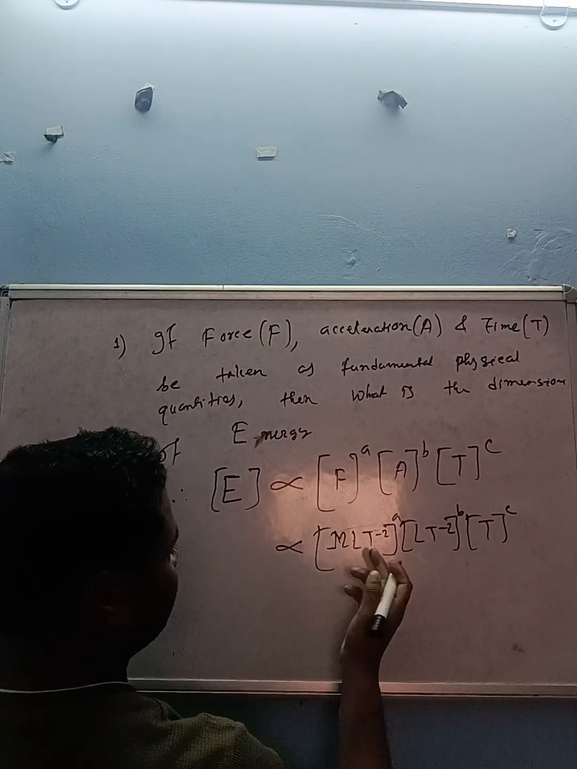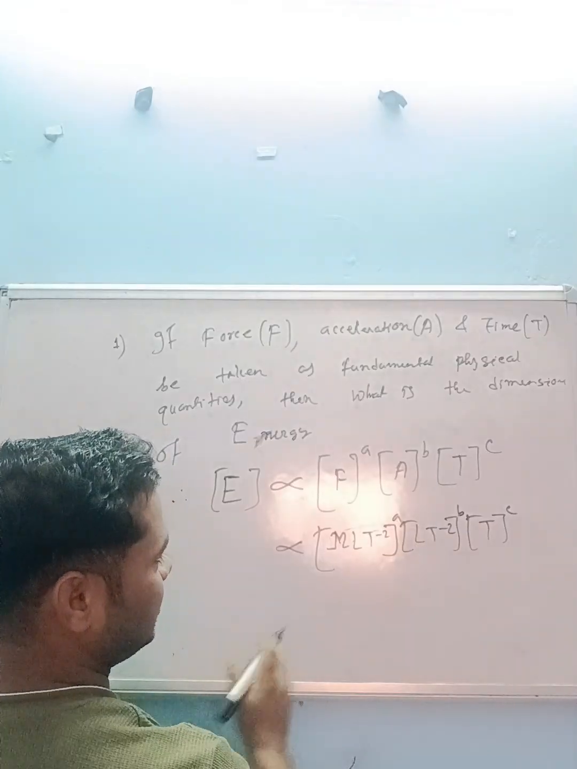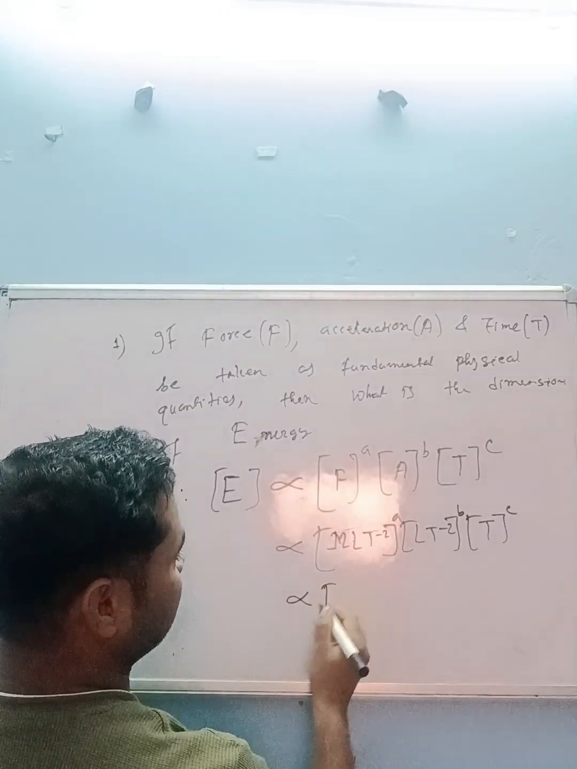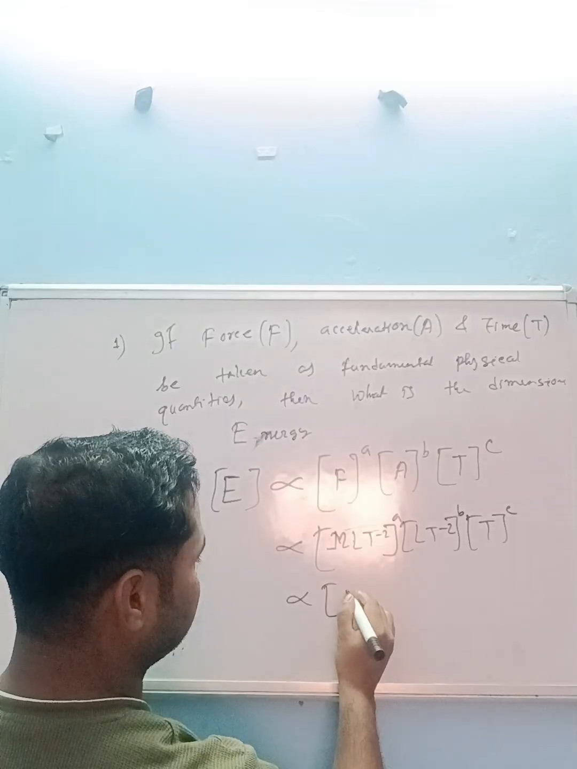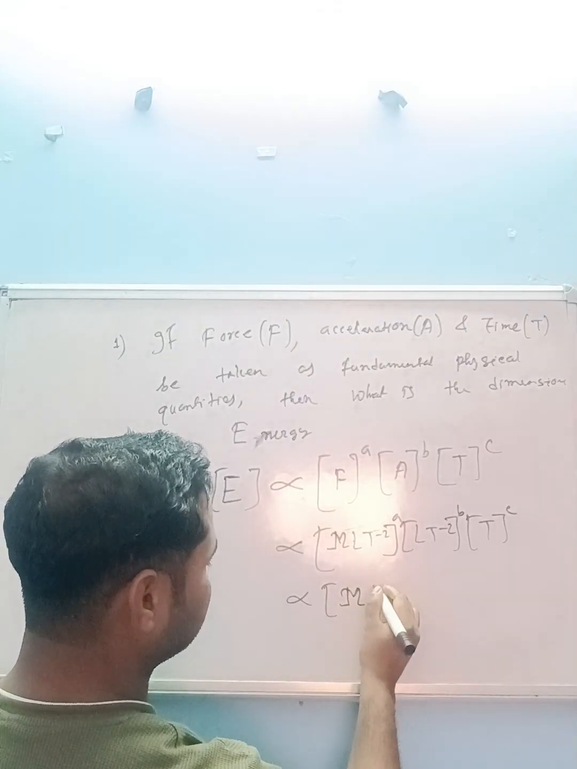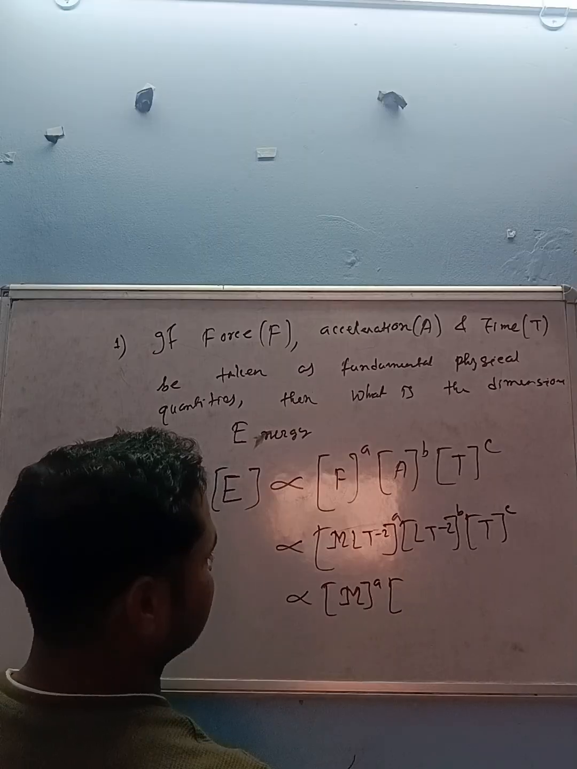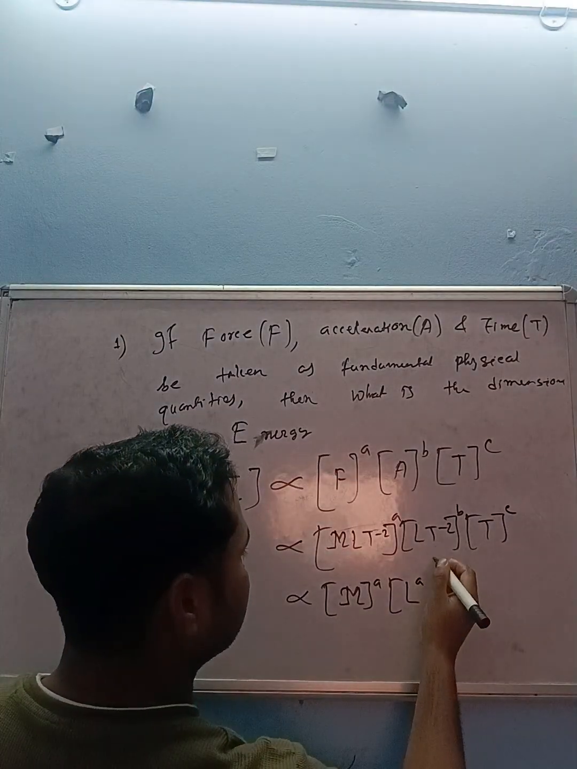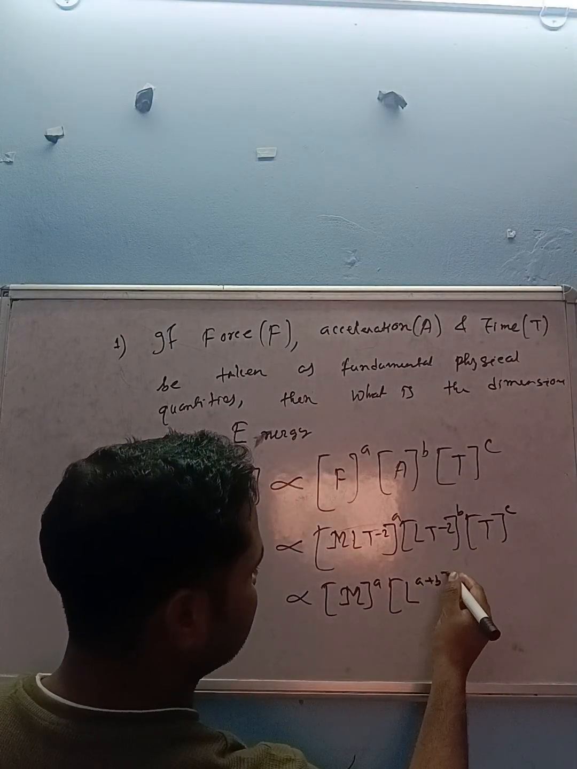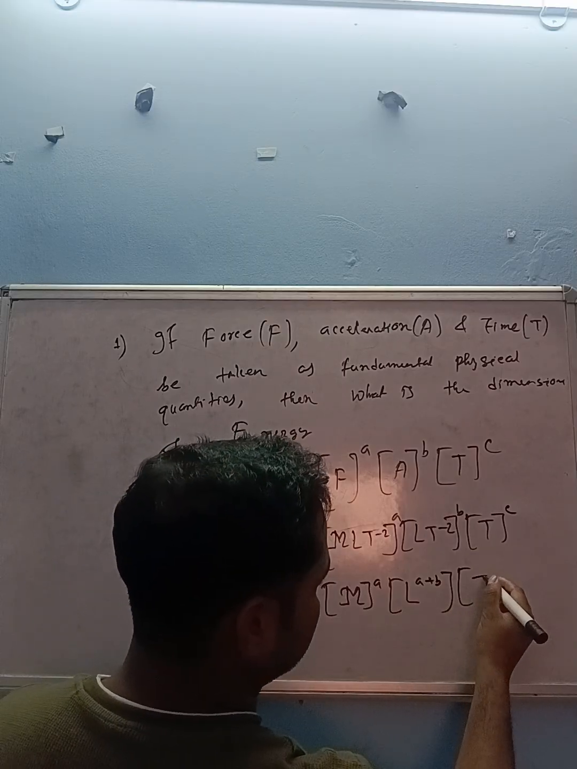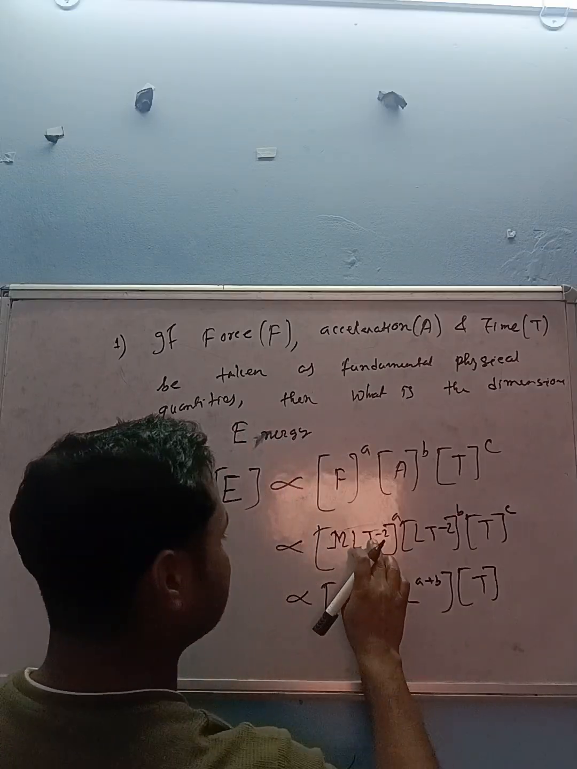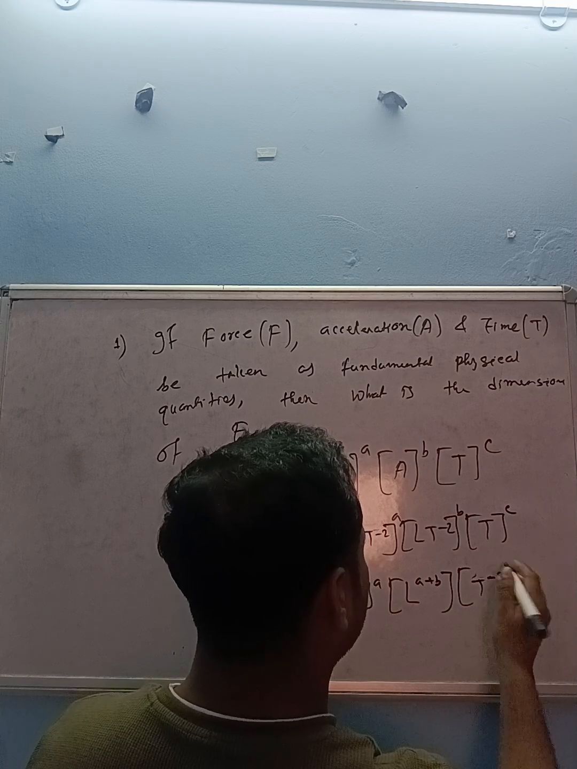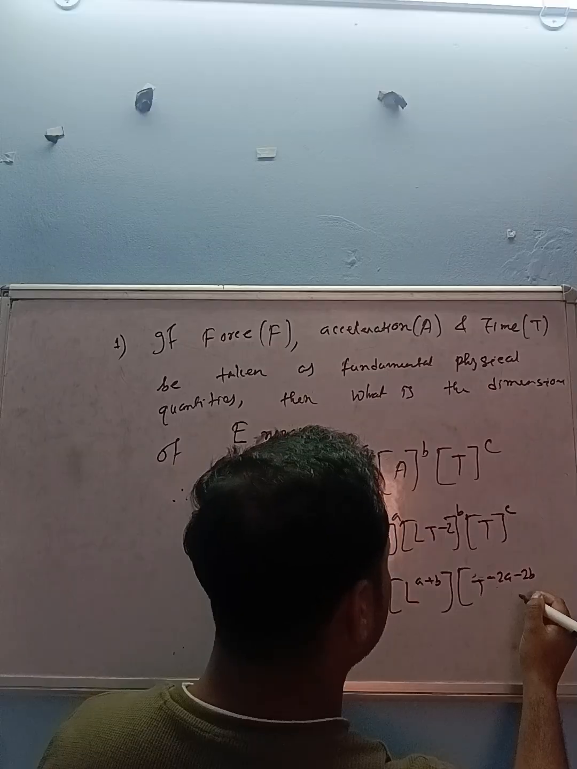Next, फिर भी, m जितना सारे इकट्ठा कर लो, l जितना है इकट्ठा कर लो, and t जितना है सारे को इकट्ठा कर लो। m कितना है, m on नहीं है, m to the power a. l कितना है, l इधर है, इधर नहीं है, तो l कितना है, l इधर कितना है, प्लस b और नहीं है। t कितना है, इधर t minus 2, t to the power -2a minus 2b plus c,